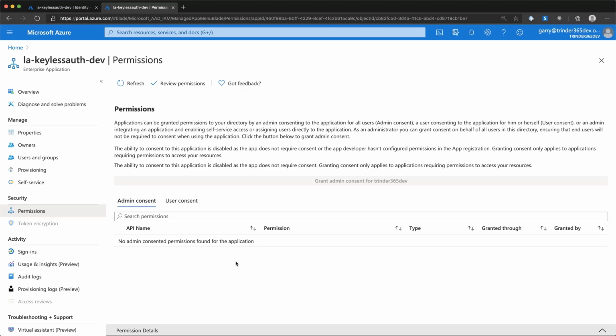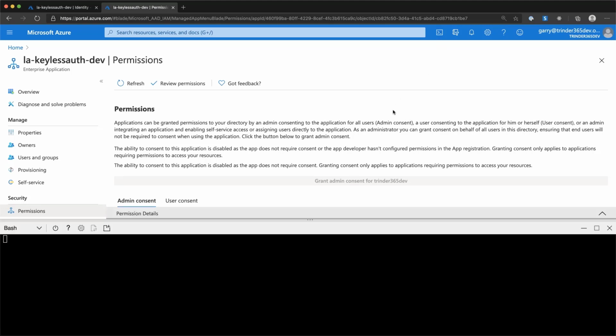Now, unfortunately for us, this screen is read-only. We can't actually grant permissions to APIs through this screen. We have to find another way. Luckily for us, there is an easy way of doing that through the CLI for Microsoft 365 and the Azure Cloud Shell, which it's installed in. So if we open up an Azure Cloud Shell prompt,